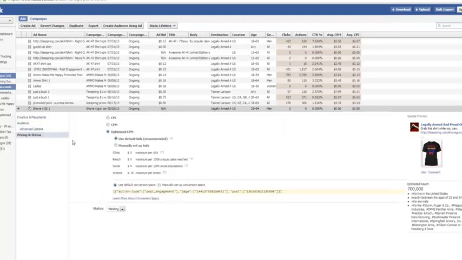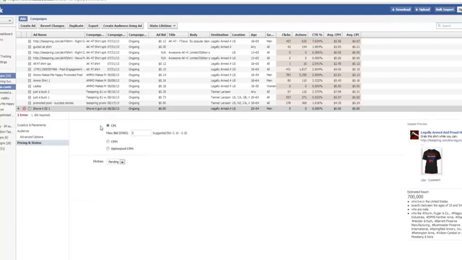Then you come down here to pricing and status, all right? You can do CPM here if you want. I still like CPC better for these kind of ads because